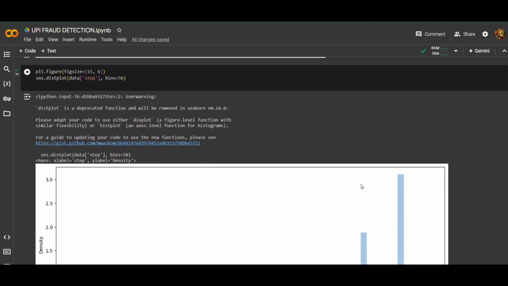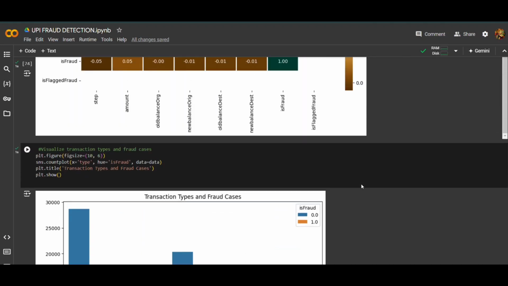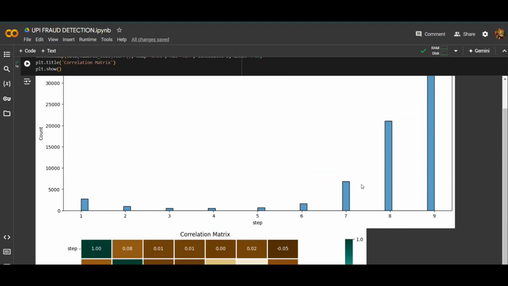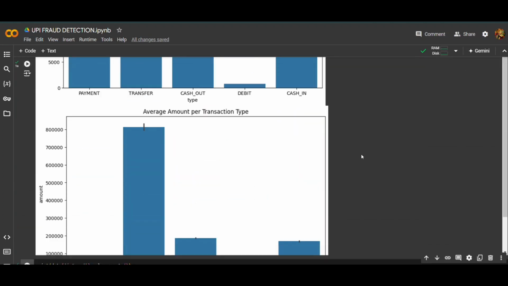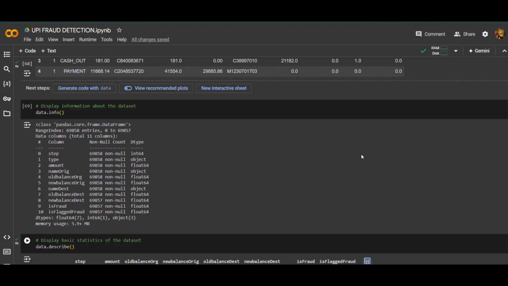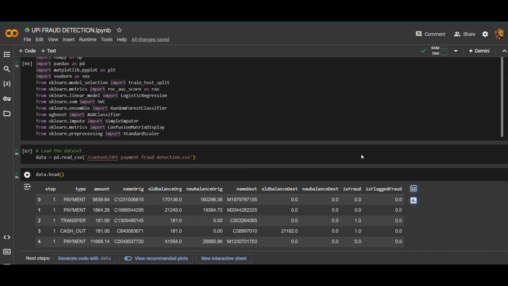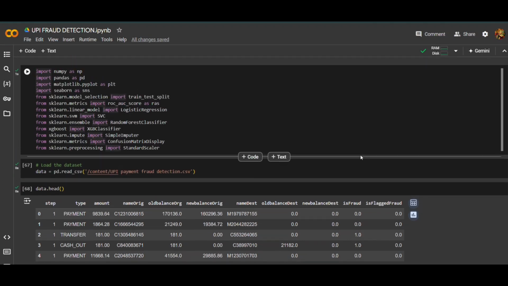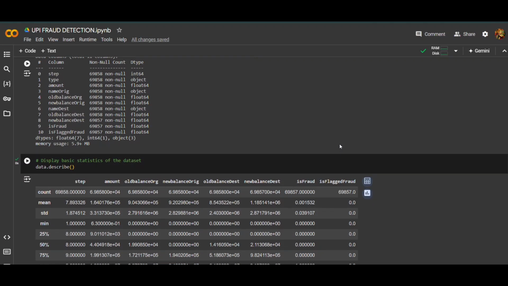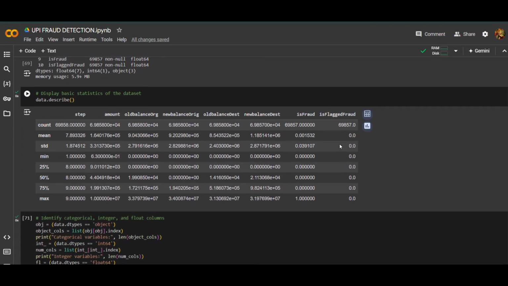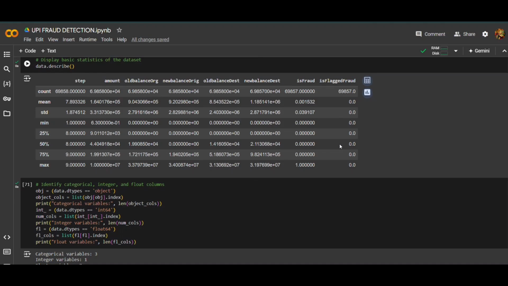In conclusion, this code sets the foundation for our machine learning project by loading the data set and understanding its structure, identifying the column types, then visualizing important features. These steps are crucial for data processing and building an effective ML model. In the next part of our project, we will process the data and build and evaluate a machine learning model to detect the fraudulent transactions.